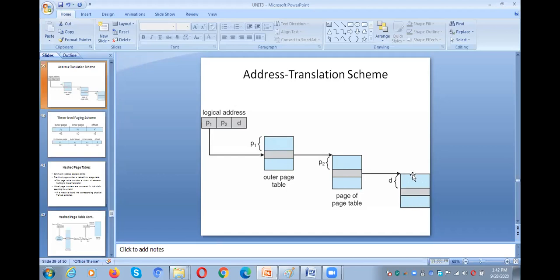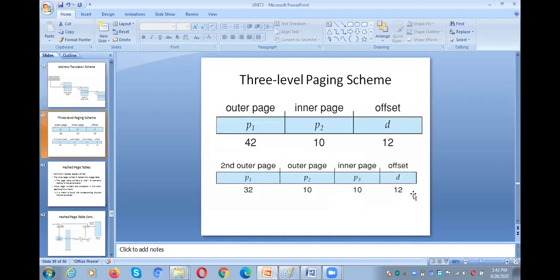In this frame, where do we need to move to get the exact location? For that you need to add D. D is an offset. So we add offset D to the base address so that we get the exact physical address where we want to access the information. Okay. It is a two-level address translation.